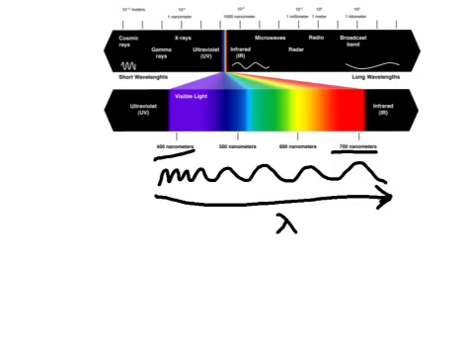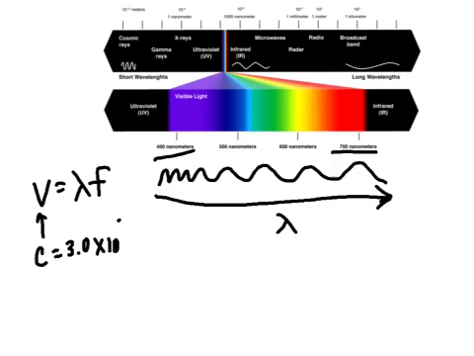But remember, the wavelength is tied to another wave property called the frequency, and what pulls those two properties together is the speed of the wave. So the velocity of the wave, v, is equal to the wavelength times the frequency, and for all electromagnetic radiation, light and radio waves and microwaves, they all travel at exactly the same speed, and we use the symbol c, and that's the c in Einstein's E equals mc squared, and the speed of all light is 300 million meters